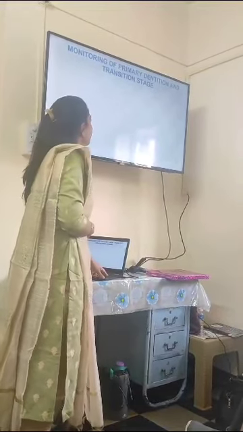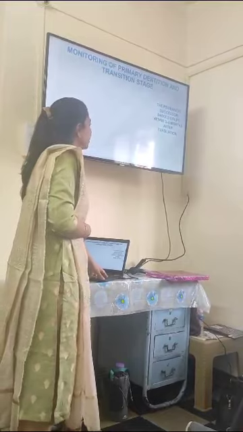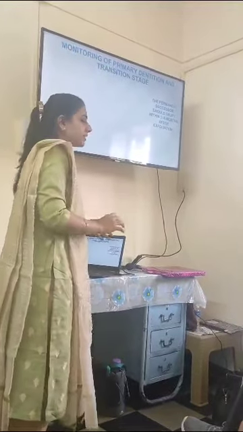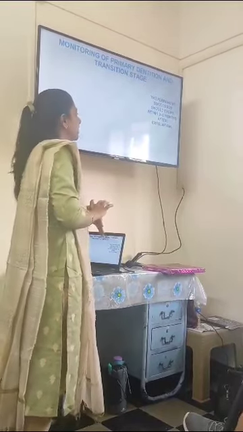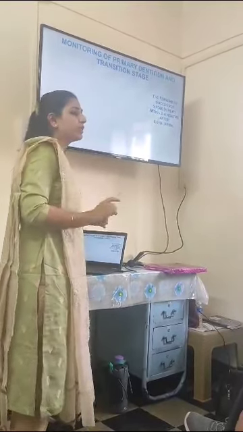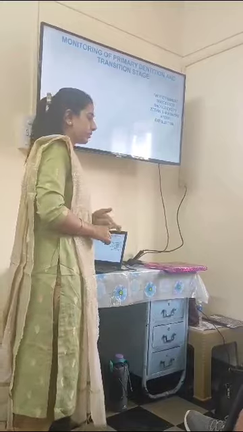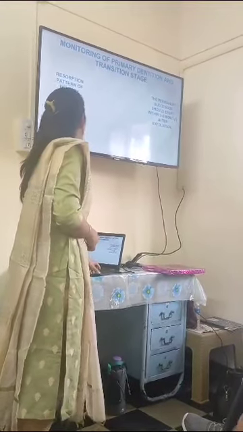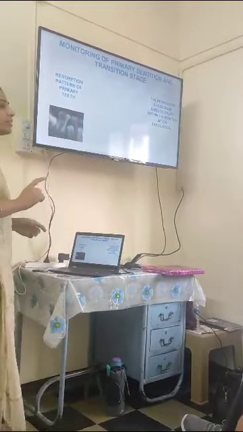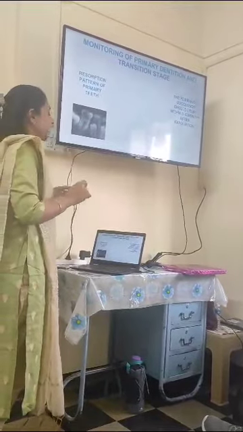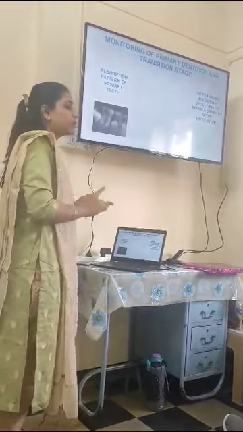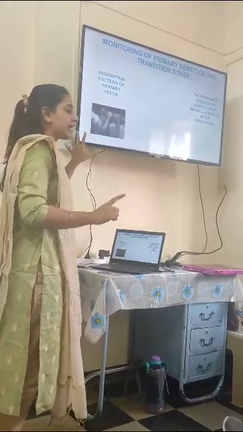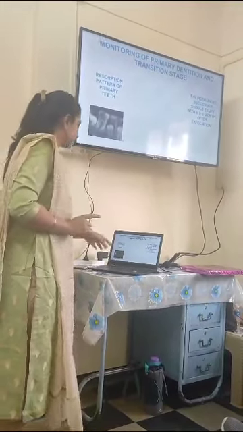Now coming to monitoring the primary dentition and transition phase. First, every permanent successor after the exfoliation of the primary teeth erupts within 3 to 6 months. If it is taking more than that, you need to go for an IOPA or OPG. Second is the resorption pattern of primary teeth. If there is any aberrant resorption, take an IOPA and OPG, and most commonly it is seen in deciduous canines and deciduous first molars.